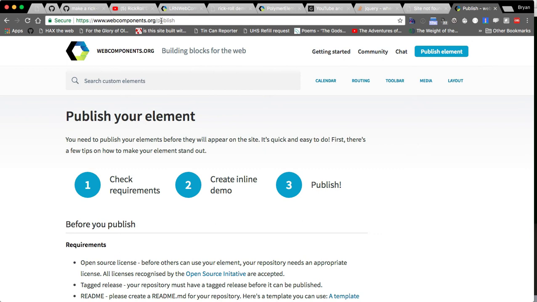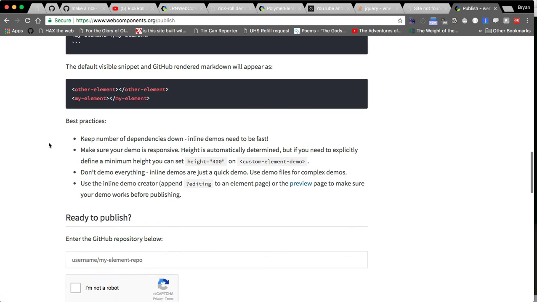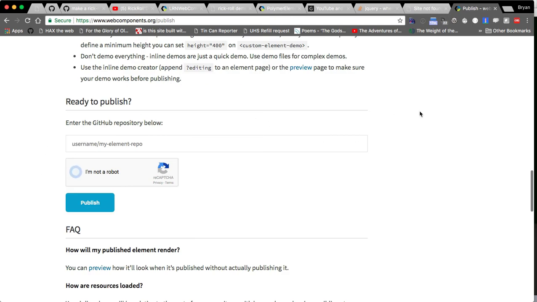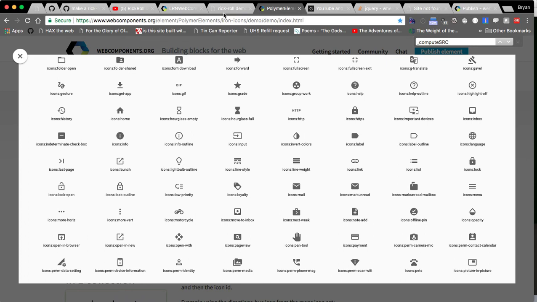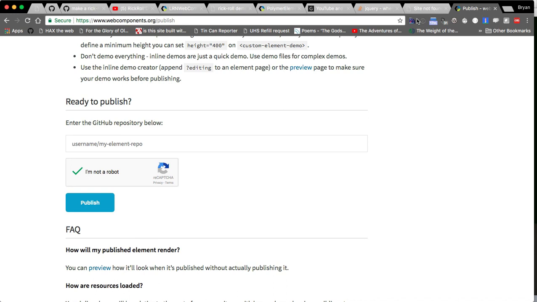But I'm going to go to webcomponents.org. I'm going to go and read through and see, hey, you need to make sure you have an inline demo, blah, blah, blah. I'm going to tell them I'm not a robot, because I'm not, even though sometimes I type really fast. And then this should be the thing that's there. So let's go and point to lrn web components / rick-roll, and we can publish this glorious element